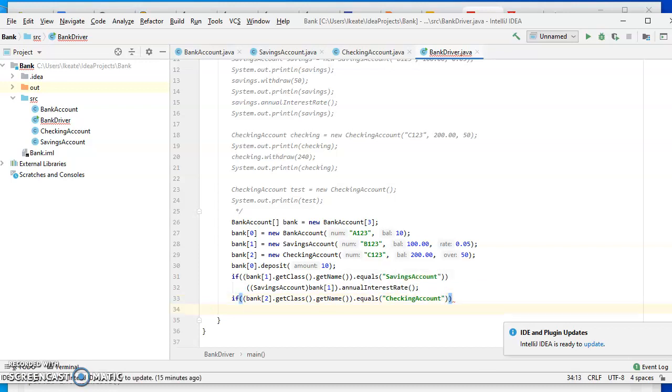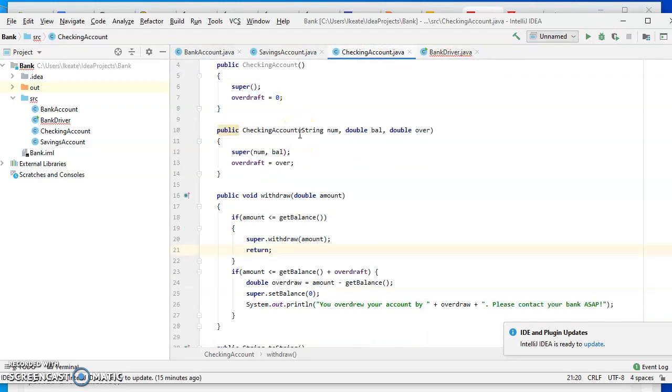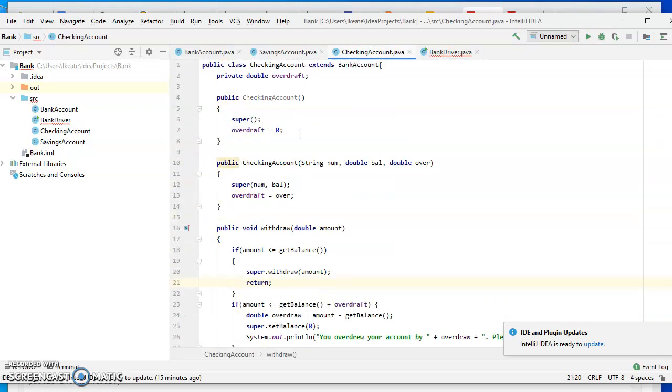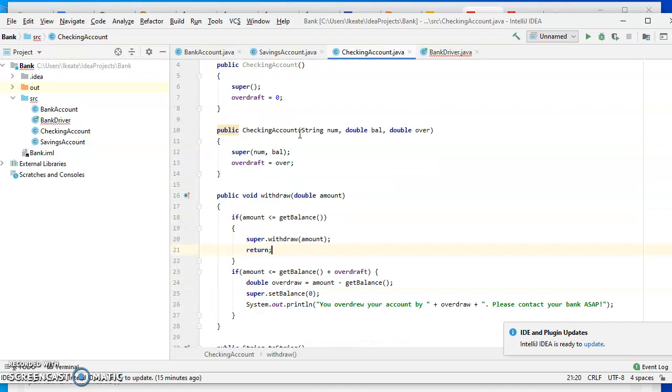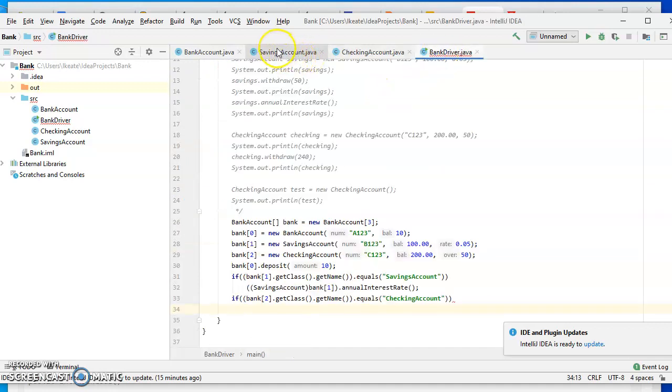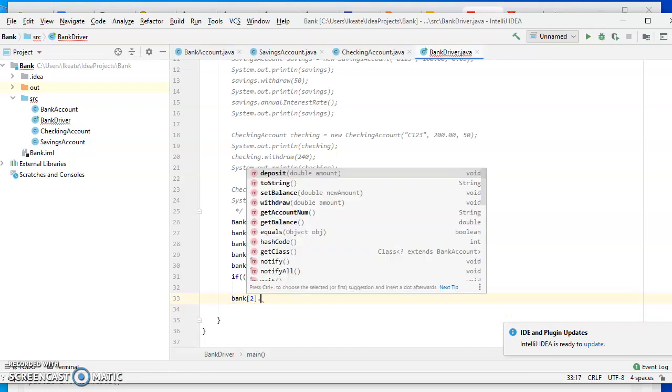If it equals a CheckingAccount, then we're going to, do we even need this? Is there anything different in here? Oh, there was an overdraft. But listen, look, there wasn't even anything in here, so we don't really need anything. We don't need that. The downcasting we only need for SavingsAccount because it's the only one with an extra method. So we're going to take this out and we're going to say bank at 2 dot withdraw,